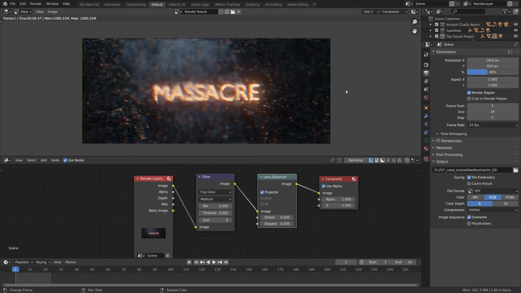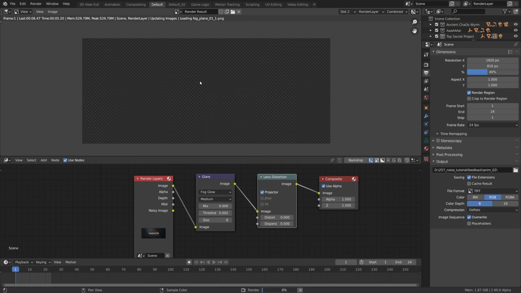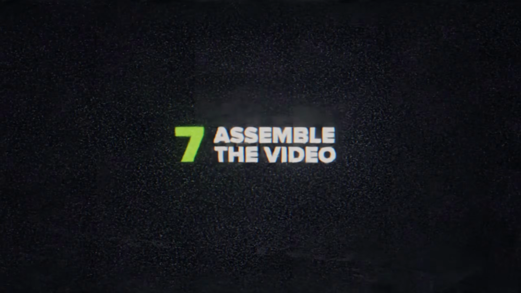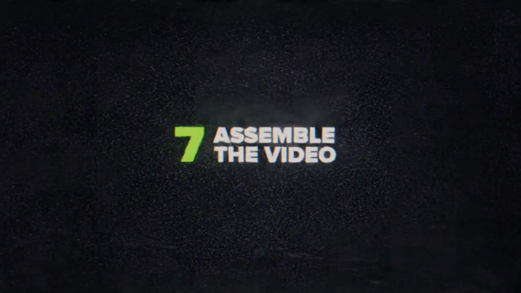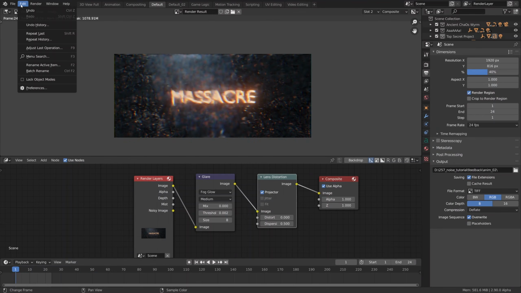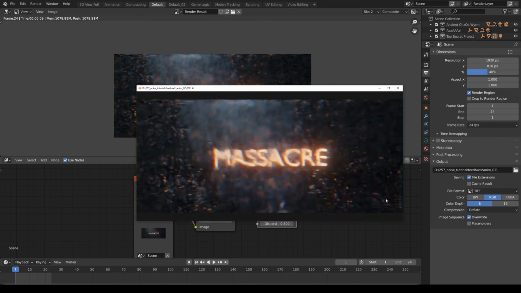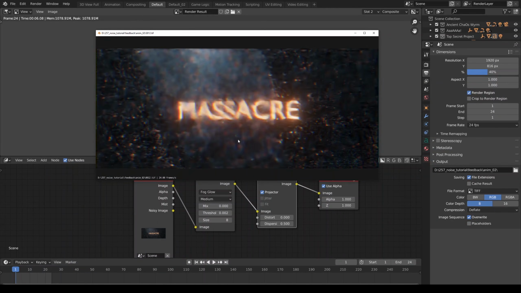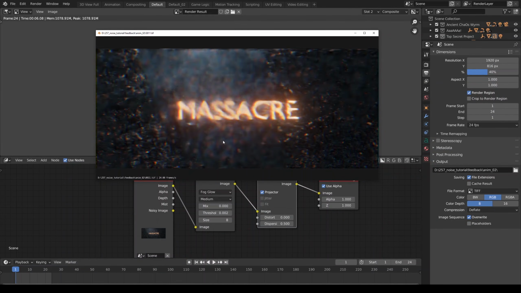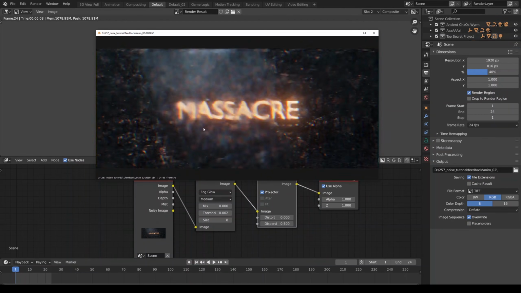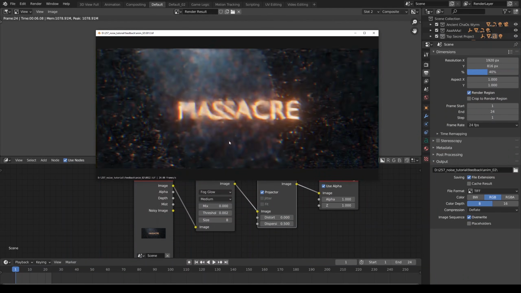Obviously it depends on the type of the scene, on the type of the animation, but with a static camera I think it will be enough for us to loop this small sequence to make a larger video file in the end. And now it's time to assemble the video. But first we can check the animation for consistency from within Blender. And in my opinion, 24 frames per second is a bit too high for this one. I think it will benefit from lower frame rate, if that makes sense, even from variable frame rate, maybe stop